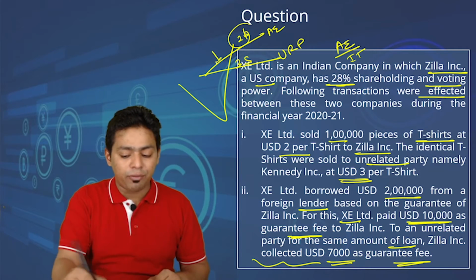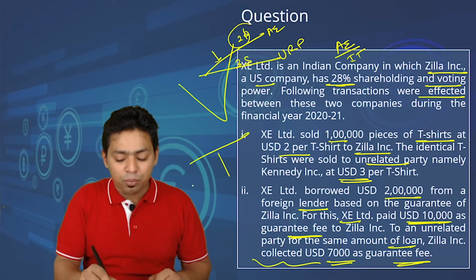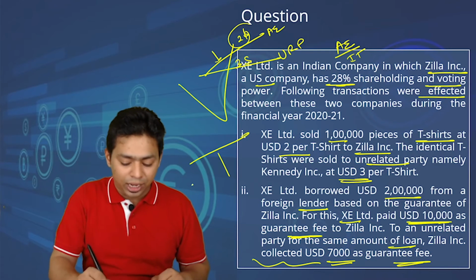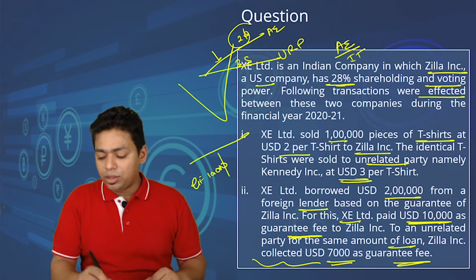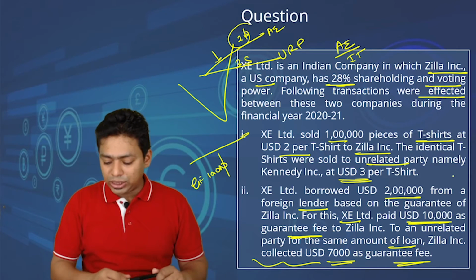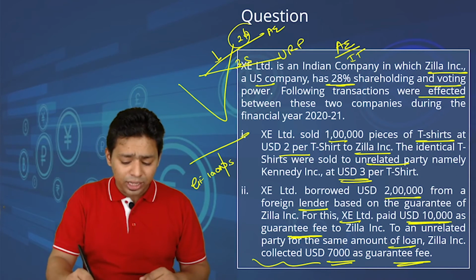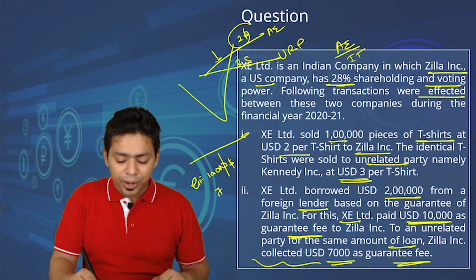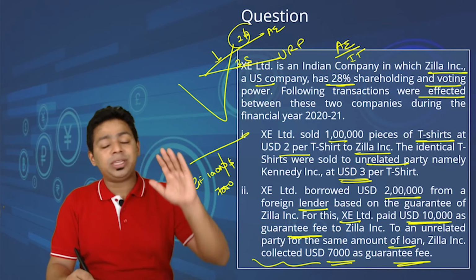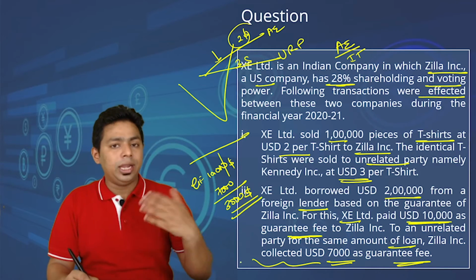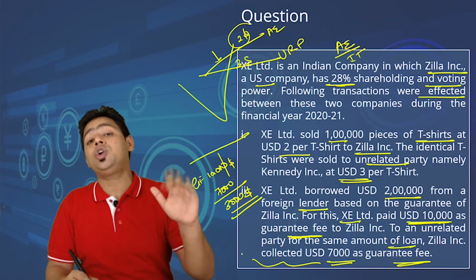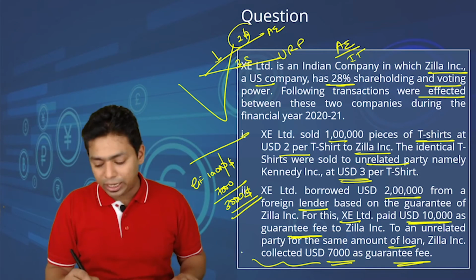First of all, they have reduced the revenue. Now India is booking more expenses in terms of guarantee fee. We have debited USD 10,000, whereas the arm's length price should have been 7,000. That means an extra $3,000 we have paid. India has paid, and that much amount of expenses should be disallowed as a payment to the related party